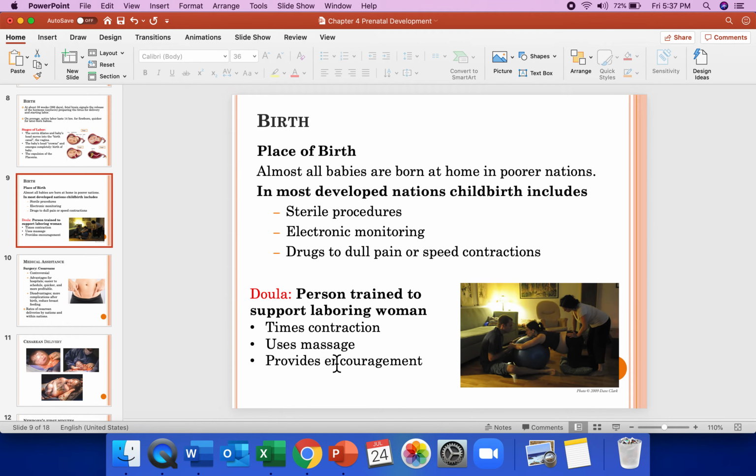Some people resort to the help of what is called a doula. A doula is basically a person who is trained to support the laboring mom. It is not to be mistaken for a midwife. A midwife is a trained professional that actually can deliver the baby. The doula is not. She is just a coach, a supporting person that could offer massages, that could time the contractions, that could provide words of encouragement, put on some music. All of these are things that are meant to relax the female through the process of delivery. Right. This is natural birth.